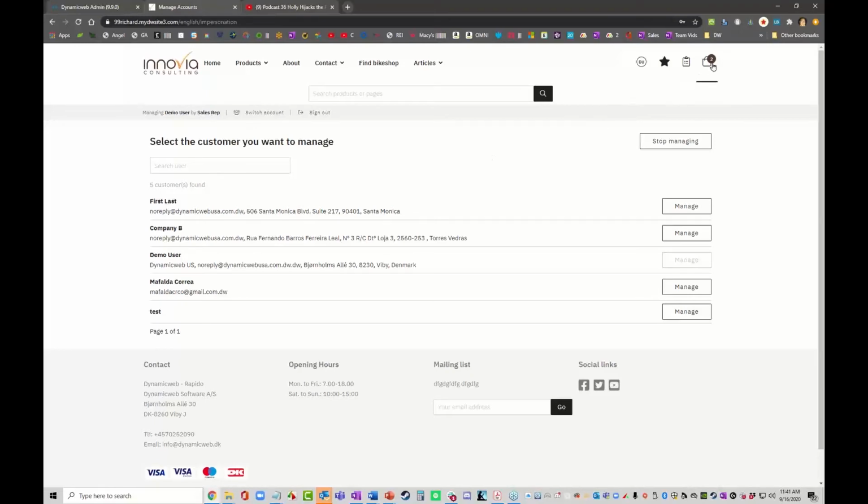So remember, demo user had 2 items in the cart. And now, even though it looks like I'm demo user, really I was logged in as myself. I don't need to memorize any other person's passwords, and I can assist them. Either they're on the phone with me and I say, all right, I just added more things to your shopping cart, hit refresh, or your favorites list, or order drafts, refresh, and they'll be able to do so